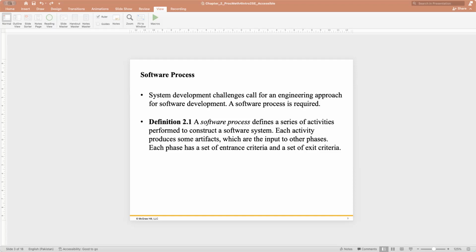Now, if the software is for big companies, such as an oil and gas company, there will be tens of millions of lines of code, because they are not simple, they are very complex.